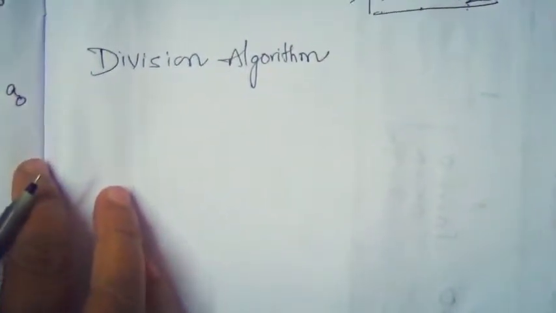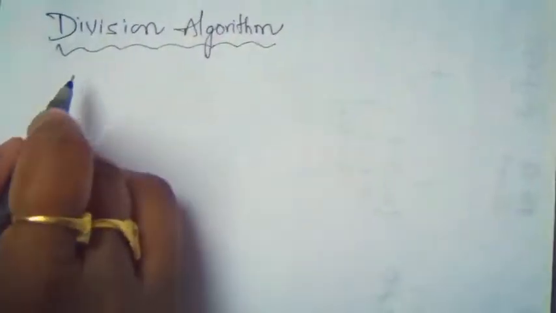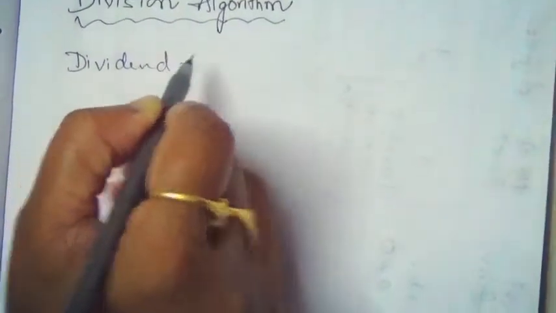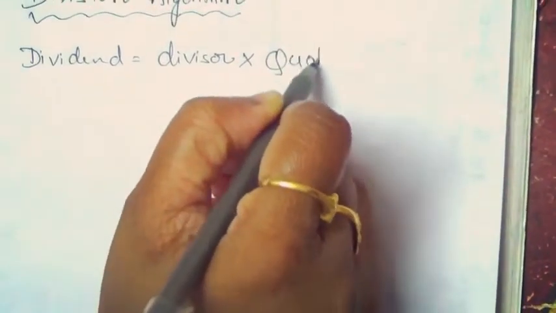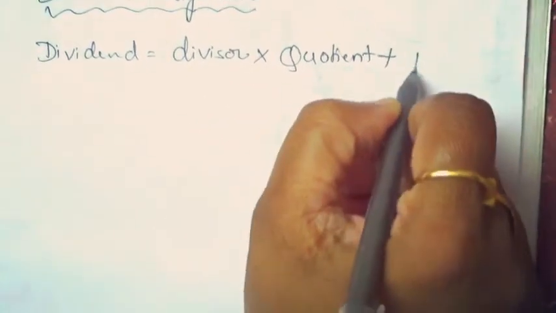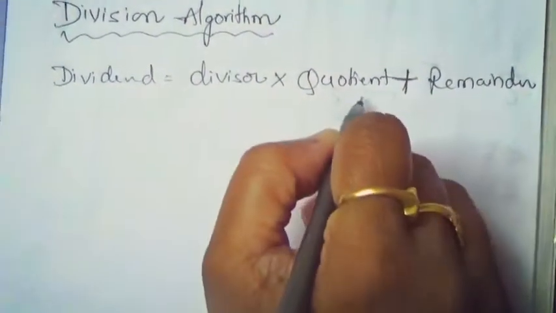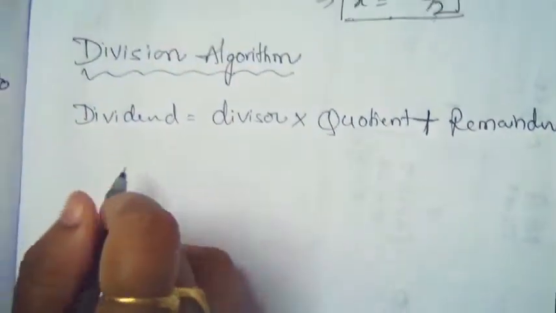What is the division algorithm? The last topic for this chapter is the division algorithm. What is the division algorithm from your childhood? For any division, we have dividend is equal to divisor into quotient plus remainder. It is the division algorithm from our childhood, right? The definition I am giving here: